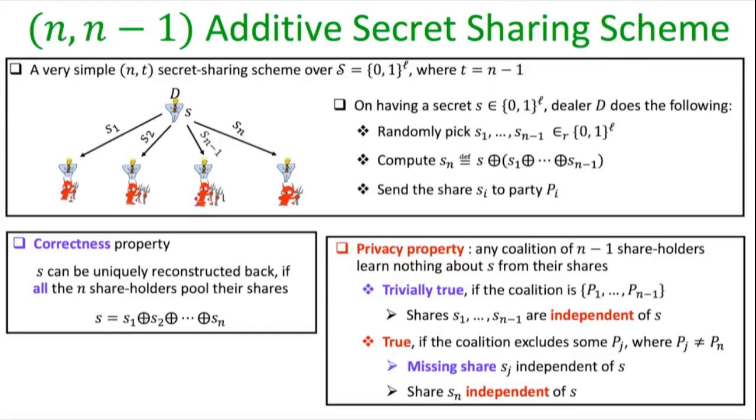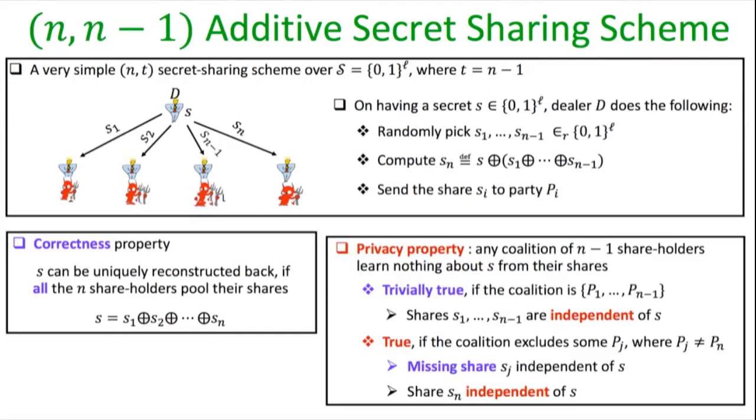Okay, so I hope all of you understand what the XOR operation is. XOR of two same bits will give you the value 0. XOR of two different bits will give you the value 1. So it's like saying addition modulo 2. Okay, and once the shares S1 to Sn are computed, they are given to the respective shareholders. So S1 will be given to the first shareholder, S2 will be given to the second shareholder, S of n minus 1 will be given to the n minus 1 shareholder, and Sn will be given to the last shareholder.